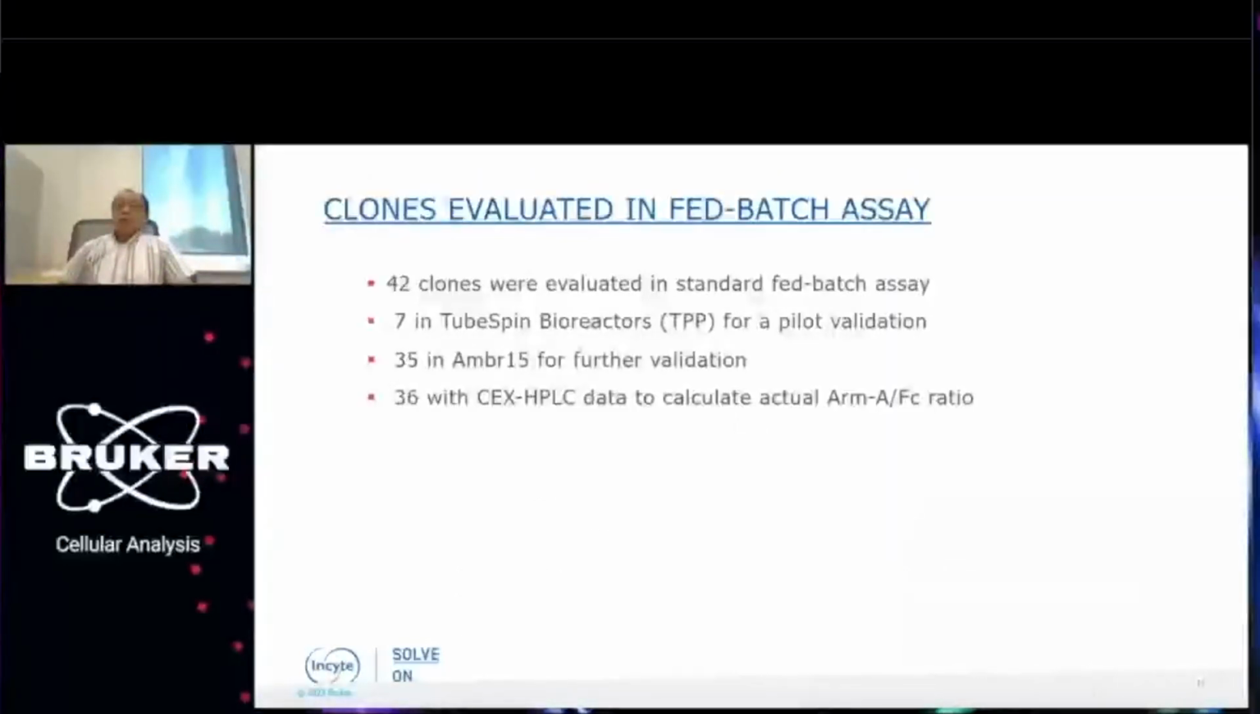This slide shows the clones evaluated in fed batch assay. In total, 42 clones were evaluated in standard fed batch assay. We first tested 7 clones in tube spin bioreactors, which we call TPP, for pilot validation. Those clones are from the 3 groups. We found that the off-chip and on-chip ratios correlated very well,